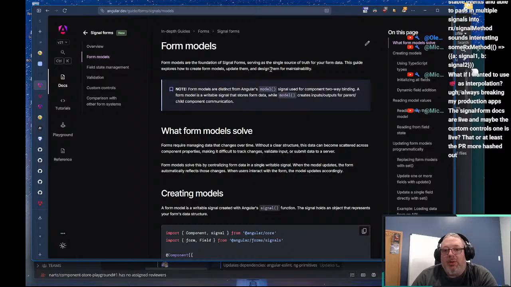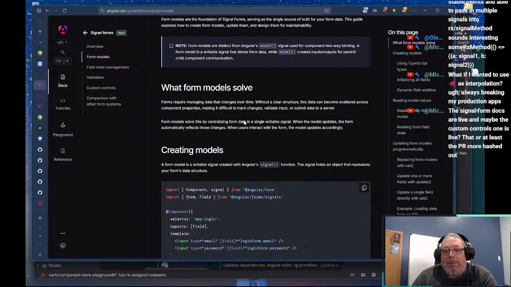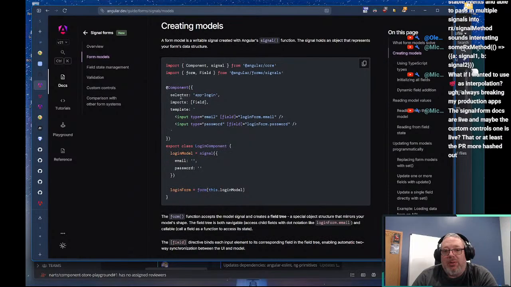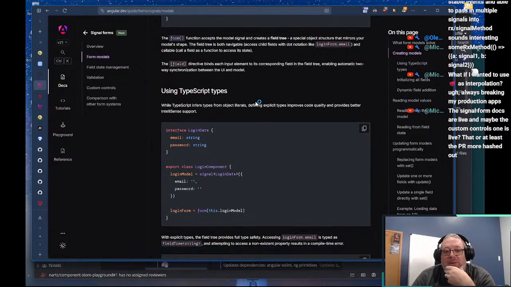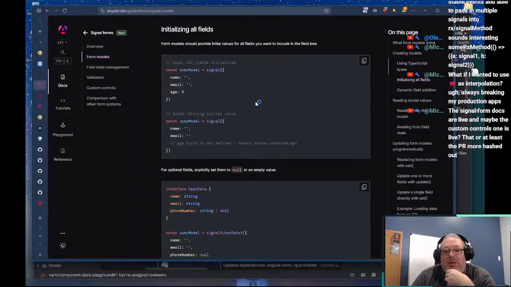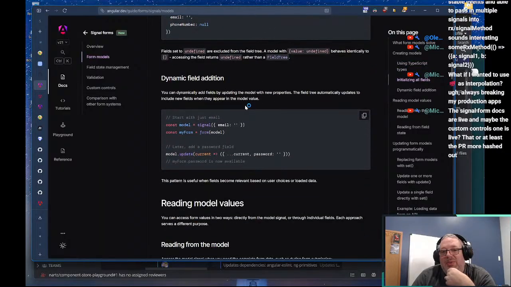So form models, yep. Creating models, great. Initializing all fields, dynamic field addition. Add a password field.